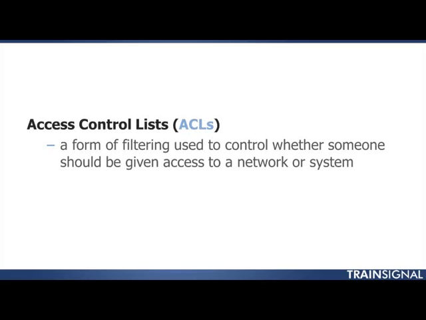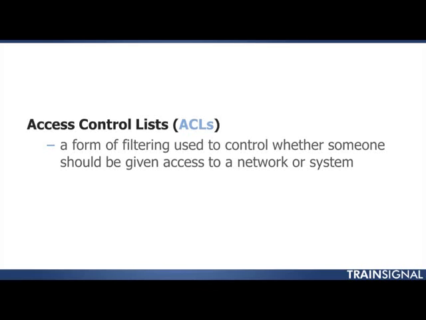So now, the first thing that I want to talk to you about when it comes to network access security would be something called an access control list, or what's known as an ACL. And an ACL is a form of filtering that is used to control whether someone, and really I guess I could say someone or something, right? Because it can be based upon the user or it could be based upon the computer. So we'll say whether someone or something should be given access to a network or a system,